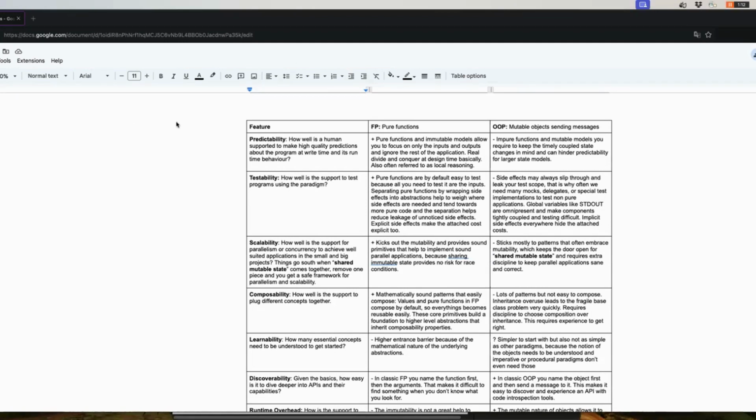So would you like to talk through your ideas, starting with predictability, which you've defined as how well is a human supported to make high quality predictions about the program at write time and its runtime behavior? Yes, of course. So maybe the first distinction is to have in mind FP is mostly talking about pure functions, and object orientation is talking mostly about mutable objects that send messages around to each other. And in terms of predictability, pure functions often give you an edge because the immutable nature